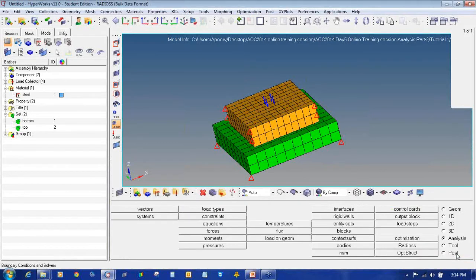Now the next step is to define the load step, that is the load case or the sub case.